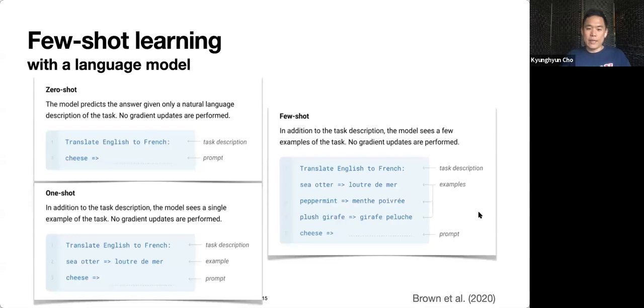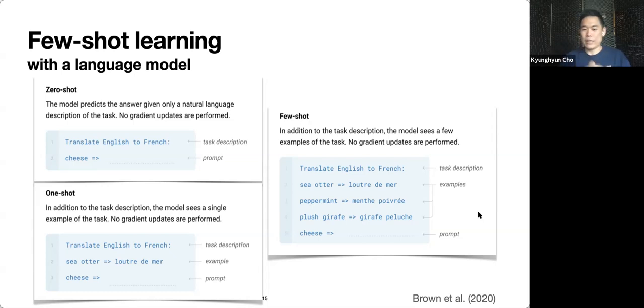And in their paper, they describe what it means for few-shot learning, or even zero-shot learning, to happen with a language model. In the case of zero-shot learning, we describe what the task is in natural language, and then give the language model the input that this few-shot learner language model needs to predict the label of. In the case of one-shot, it's all the same thing, but we also provide an example. So the one particular training example, or one example per label, again in natural language, in addition to the natural language text description to this language model.